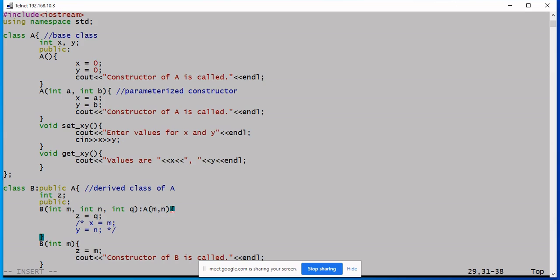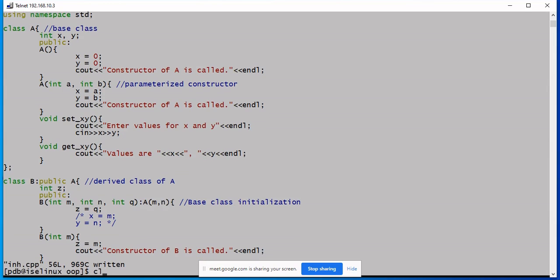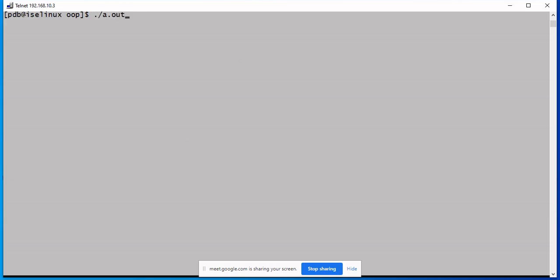Okay, so here it is the implementation of base class initialization. Syntactically it is correct.